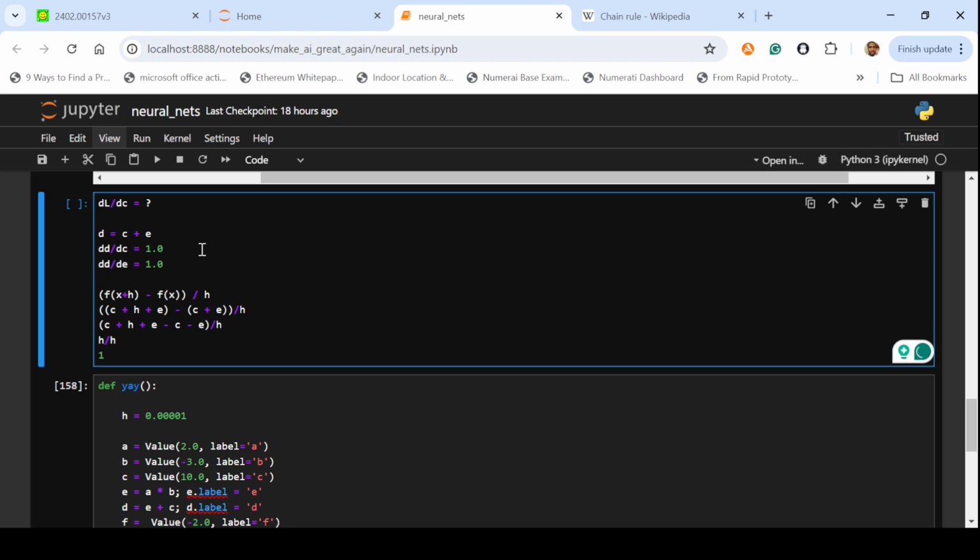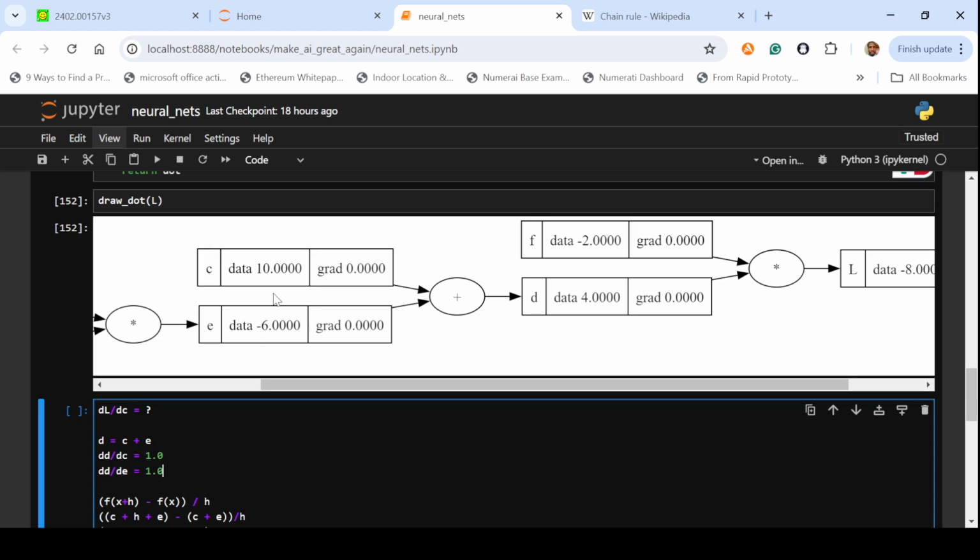What you're looking for is DL over the C. So how are we going to put in the influence of C on D and also the influence of D on L? Like we say, if you know the influence of C on D and know the influence of D on L, you can calculate the influence of C on L. The solution to that